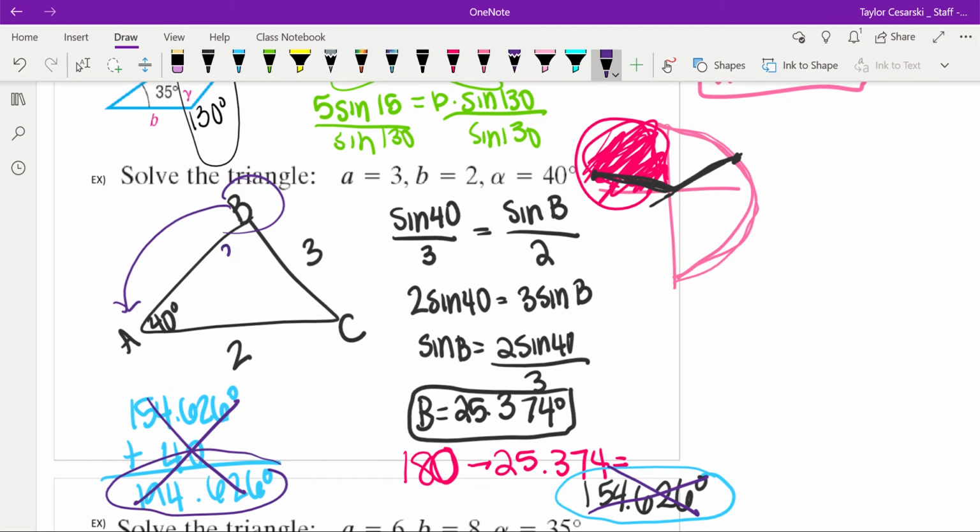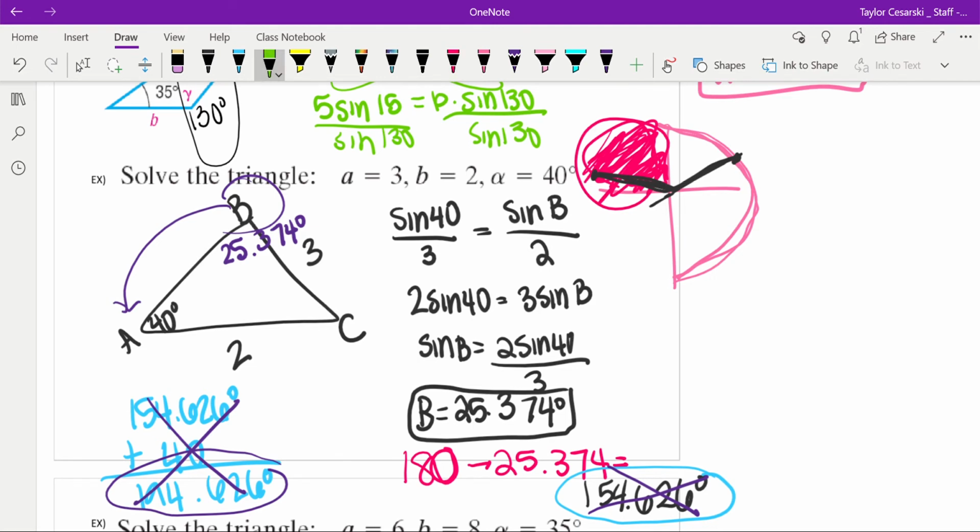So my only possibility is 25.374 degrees. Now remember, we only had to worry about that because I did a sine inverse, and all the other ones I did so far, it was just solving for a side. This one I solved for an angle. All right, so let's continue. Since we only have one possibility, it's just going to be like normal, and we'll go ahead and solve